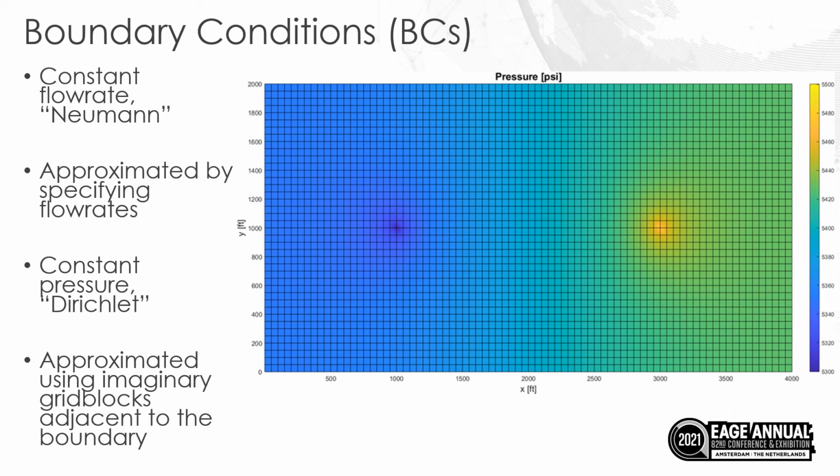If we try to simulate a block of a reservoir where it has a well in the middle, which is producing at a given rate, and is surrounded by 3 no-flow boundaries, which are Neumann, and 1 constant pressure boundary, which is Dirichlet,